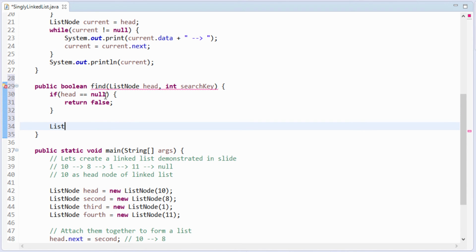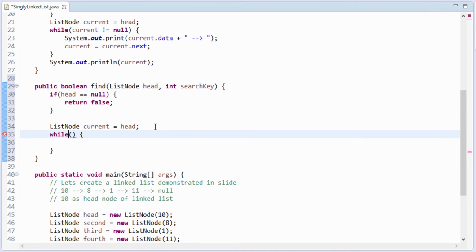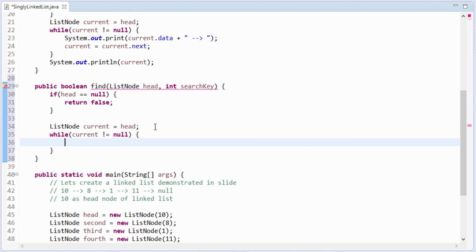And then we'll code whatever we discussed in the slide. So we'll create a current node and make it point to head. Now we'll give a while loop. Inside this while loop we'll say current not equals to null. So we'll iterate till current equals null.